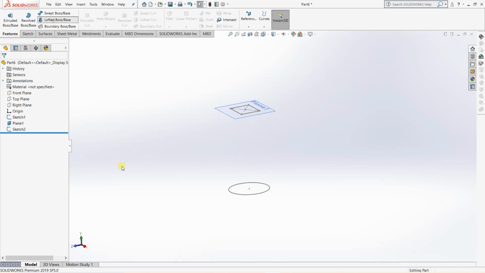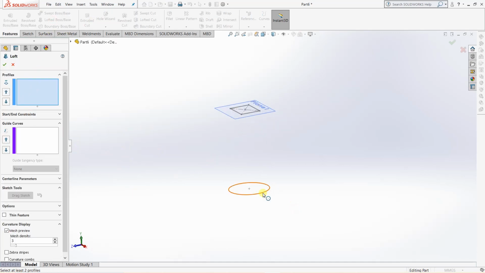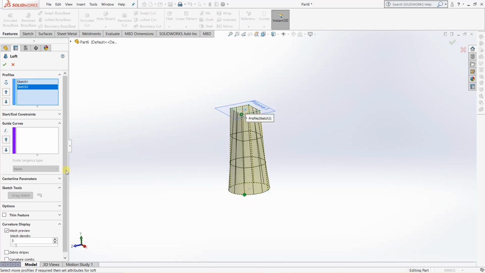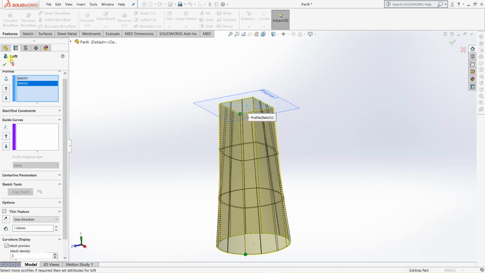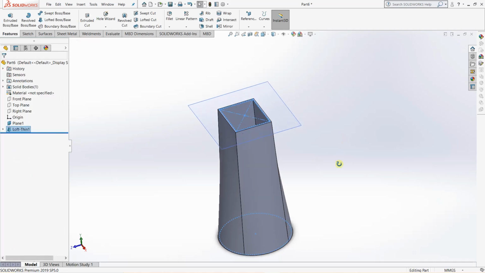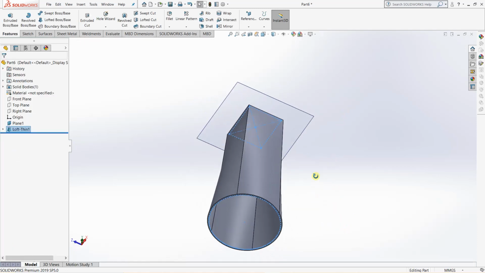We'll again do the same. Select both the profiles and click on the thin feature. Just click on it and click on OK. So now our part is hollow.